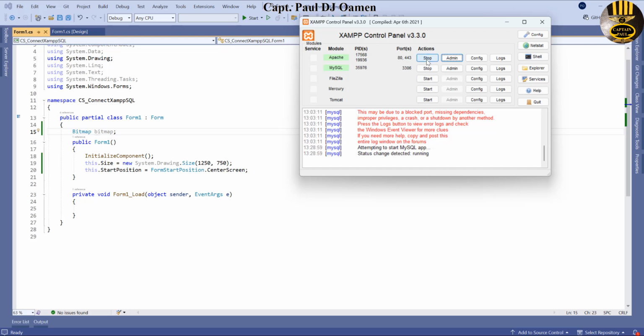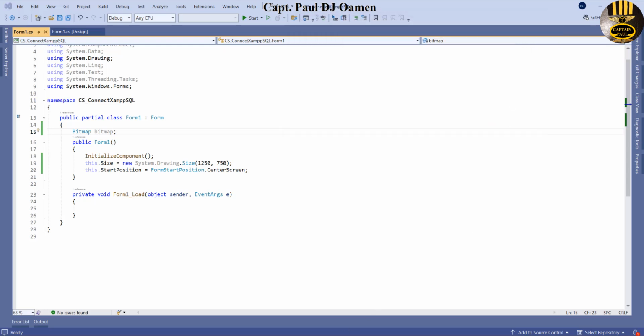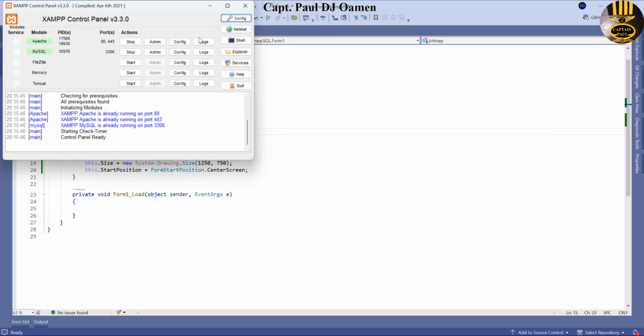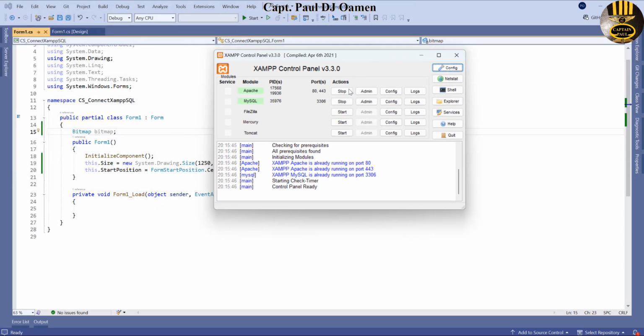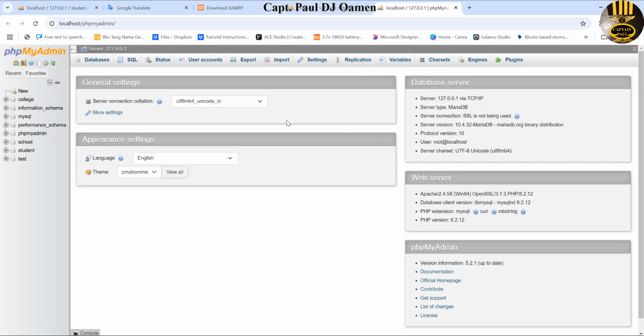Make sure you start it. Let's assume it's off. I'm going to open it entirely and just start all over. Okay, click on admin here. Next, you now want to create your database. I already have a database that I intend to use, which is this one, but I'm going to create another one. So you click on database,